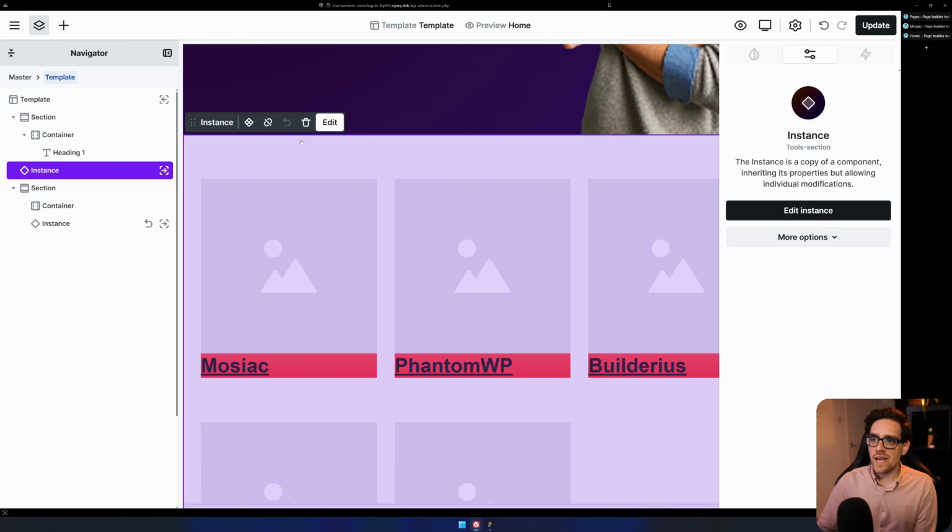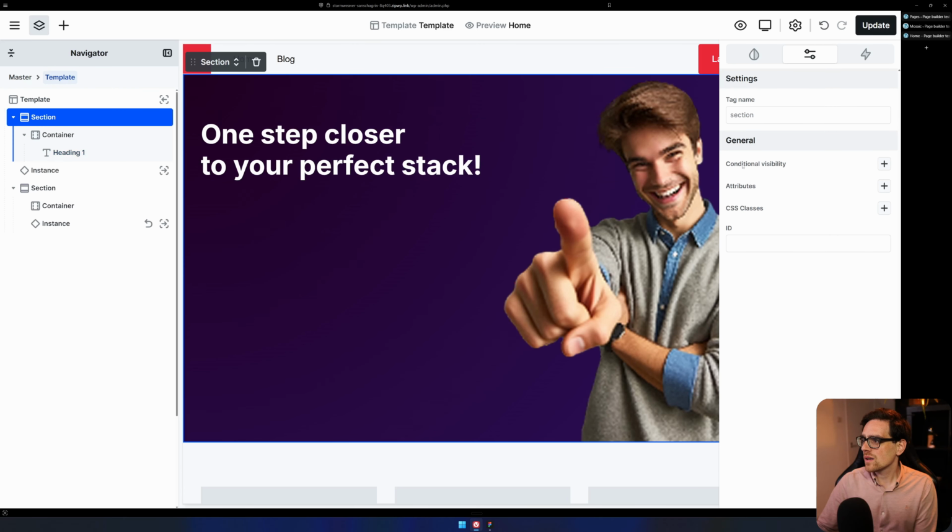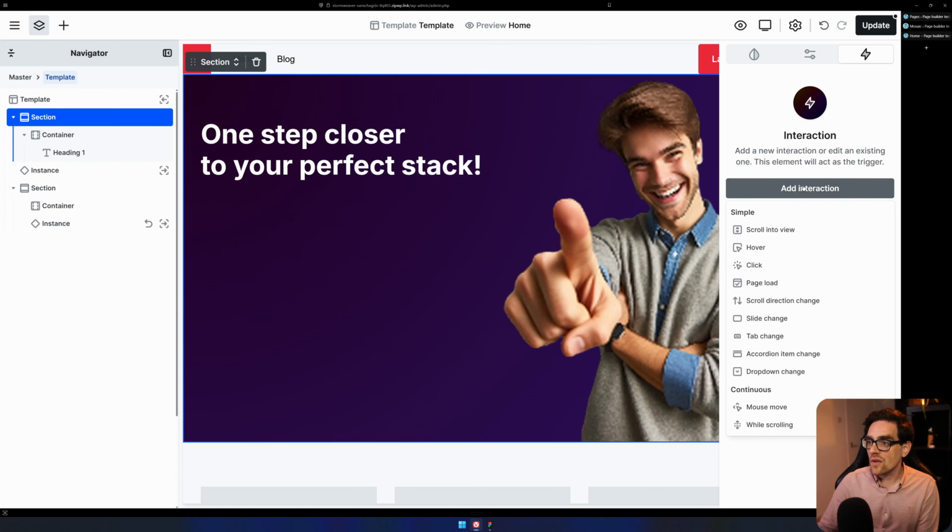I haven't used anything for the dynamic data or the conditional logic, like viewing some things on one section and not viewing on another. But I see that there are a lot of conditional visibility options available, and I am assuming that you can do them without issue. We can also add attributes, and we can use custom CSS classes if you have set it up in your styles.css. Now for interactions, I haven't done that during my live stream, but you're able to add simple interactions